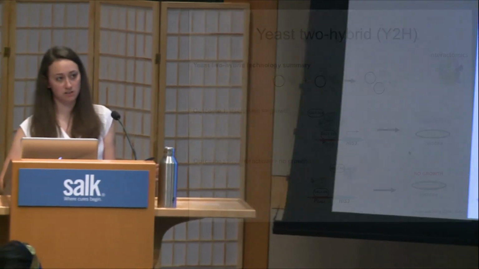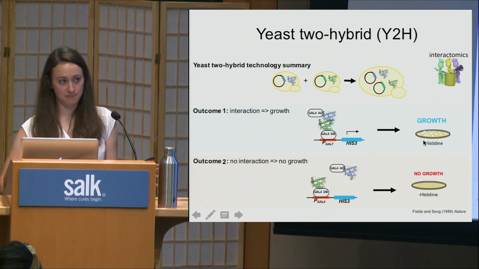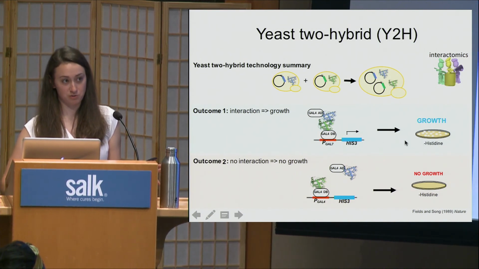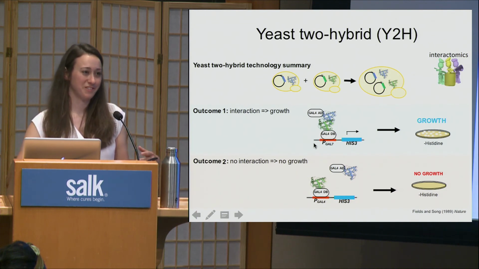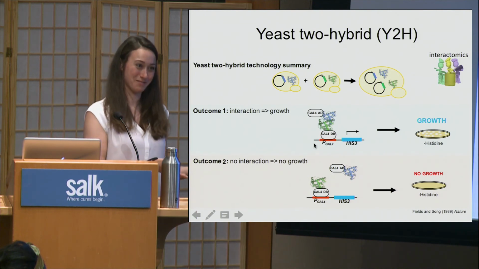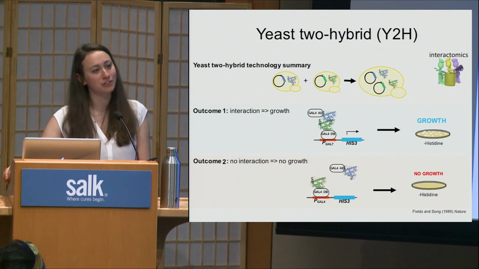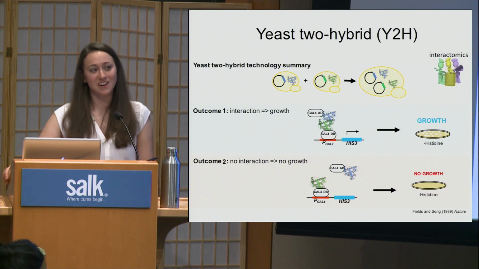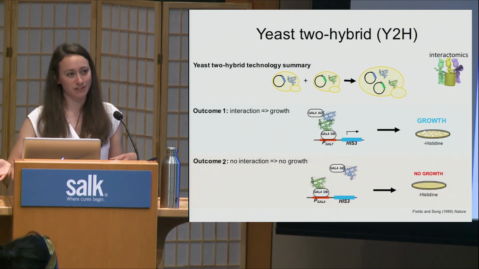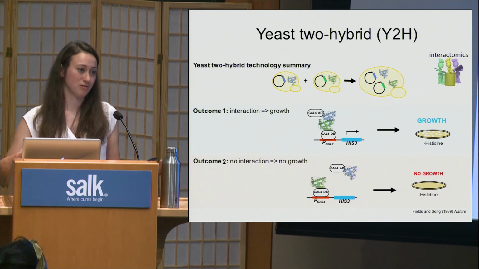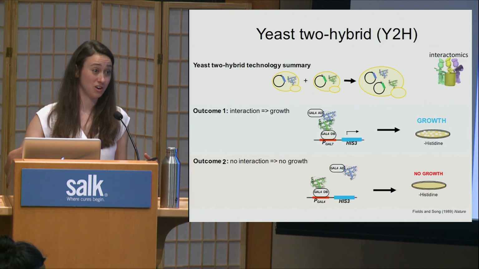We're selecting for cells on this growth media. Because we're asking cells to grow, it's to their benefit to have a mutation to let themselves grow. So you can get a lot of self-activating proteins because of that. Particularly with the transcription factor screen, there's a high rate of self-activators because a lot of those can have a naturally occurring activation domain already.